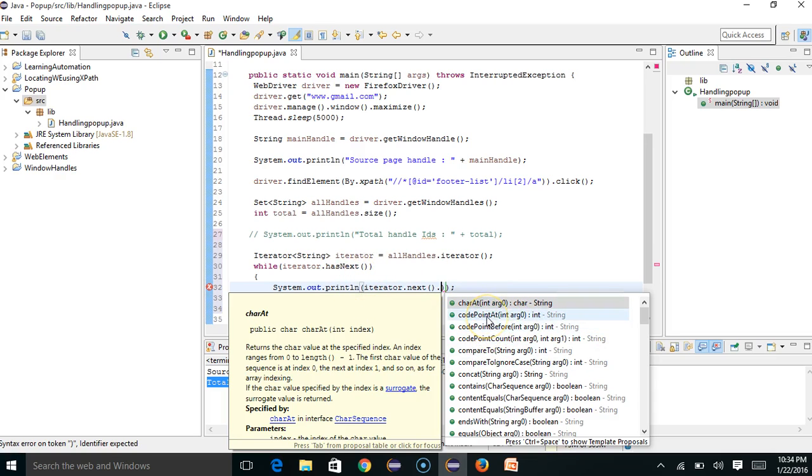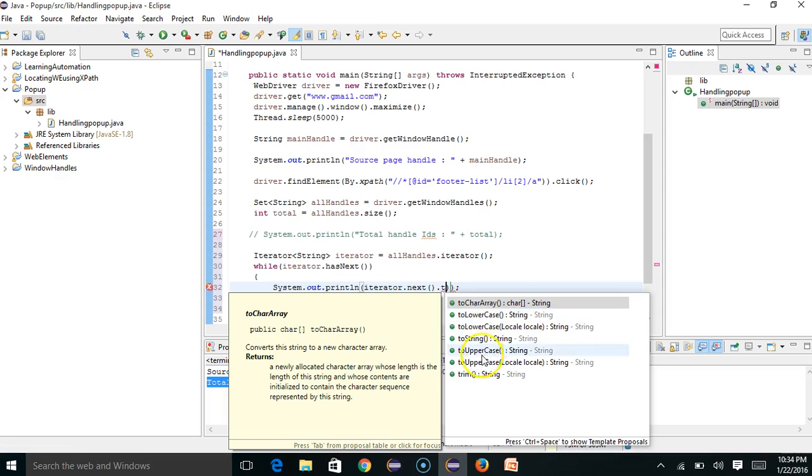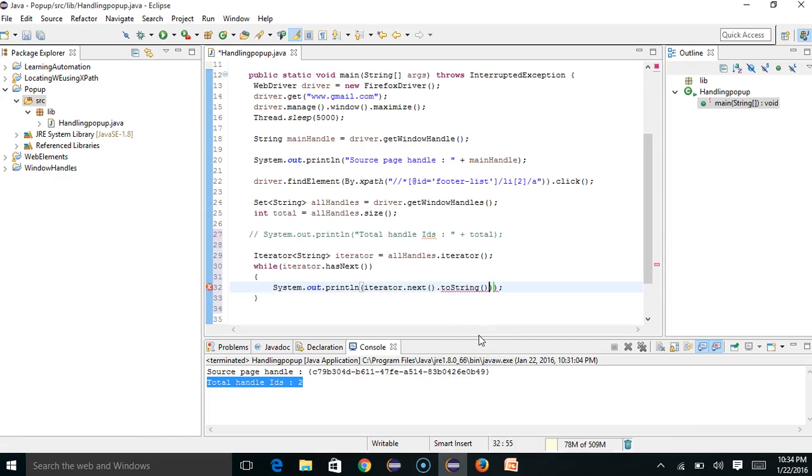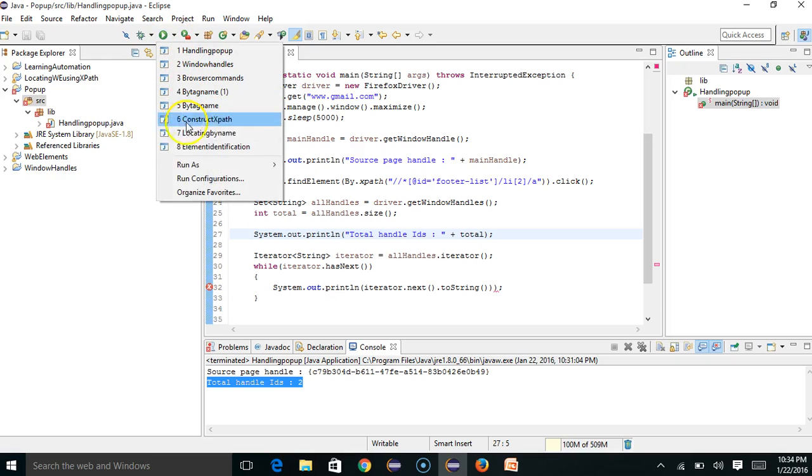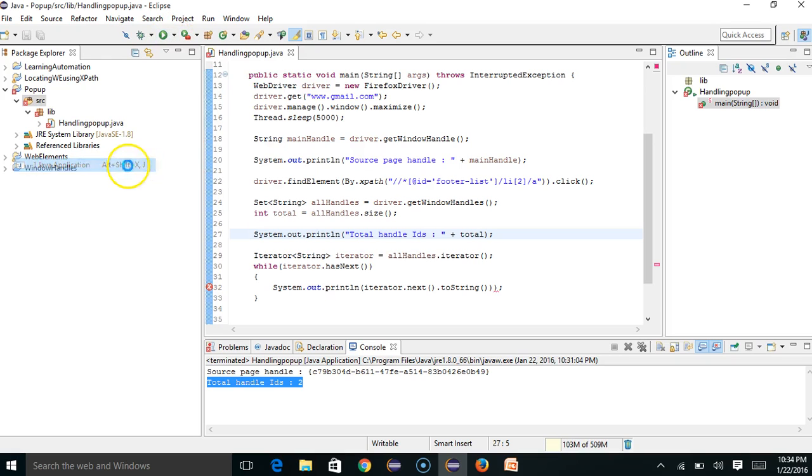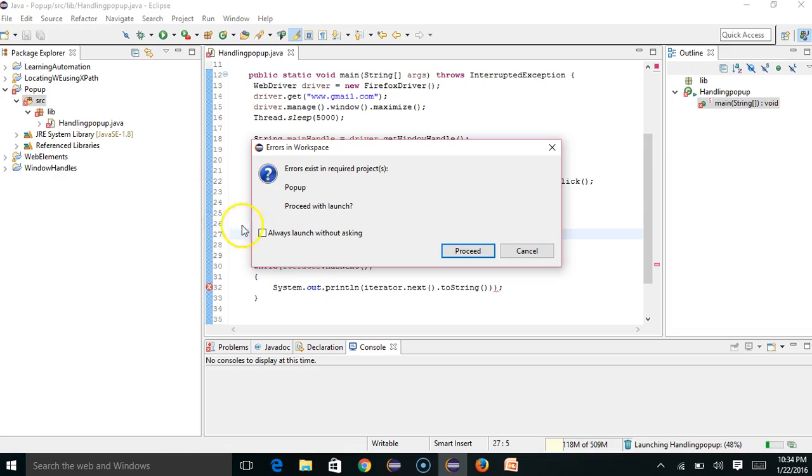So toString. Okay, so you will see now it will print those two IDs. Let me run this, it will print the IDs of both the